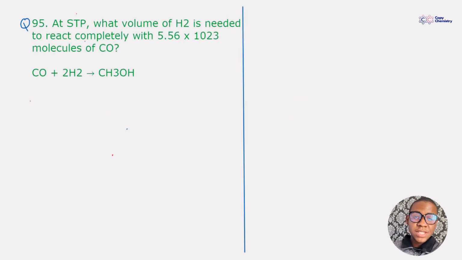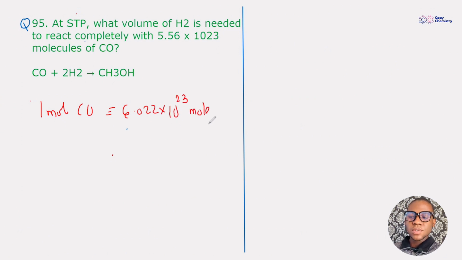Right, so this question 95 is like question 94, and we're asked here at STP what volume of H2 is needed to react completely with 5.56 times 10 raised to the power 23 molecules of CO. Now, what we have to do is to convert these molecules of CO to moles of CO, so that we can easily visualize it. So 1 mole of CO is equivalent to 6.022 times 10 raised to the power 23 molecules of CO,